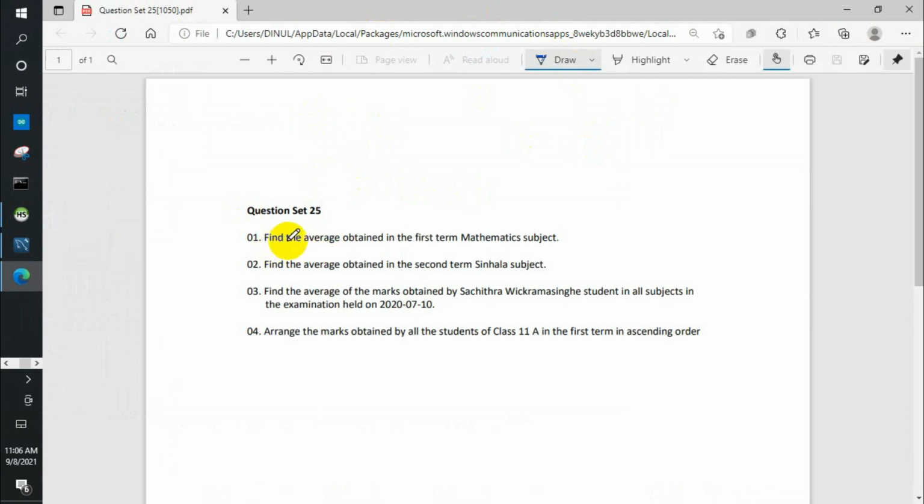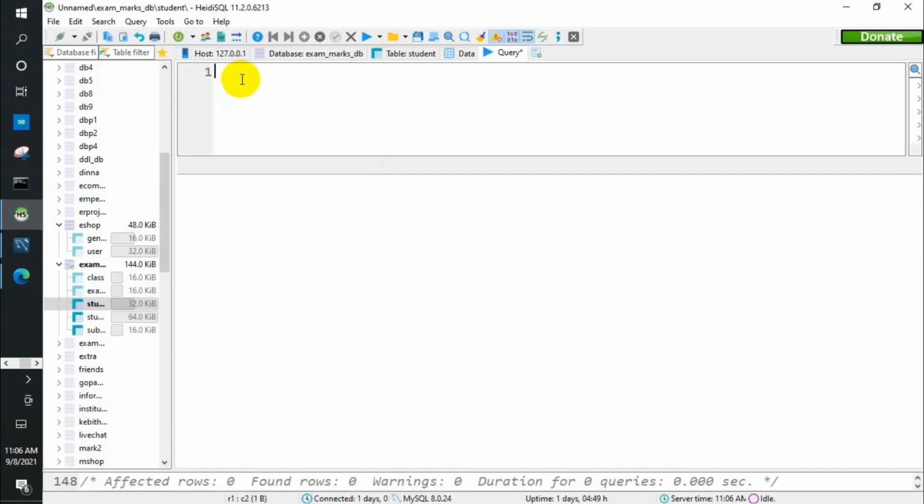The first question is asking us to find the average obtained in the first term for the mathematics subject. So I am supposed to find all the marks obtained from all the students for the first term for the subject of mathematics. Then I am supposed to find the average mark. I am going to tackle this question using the method of subqueries. Since it's kind of a big question, I'll break this down into three or four points because it's easy for us to do the question that way. So the first point is I'm going to